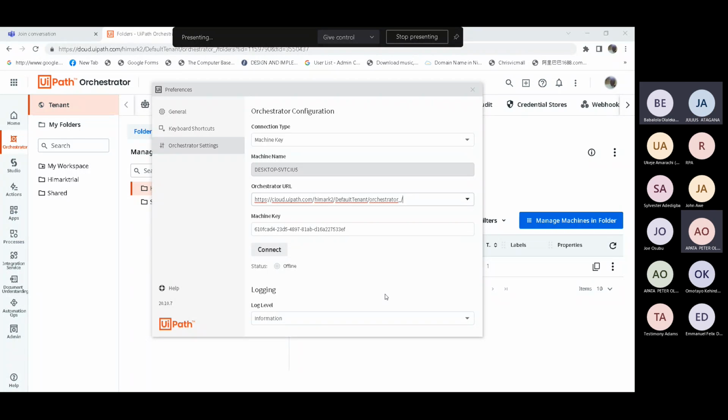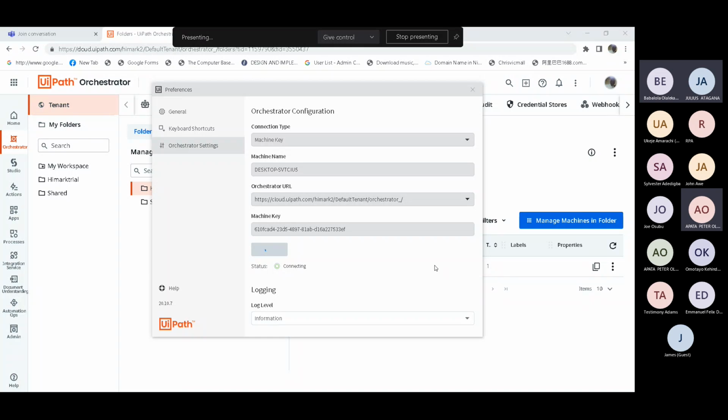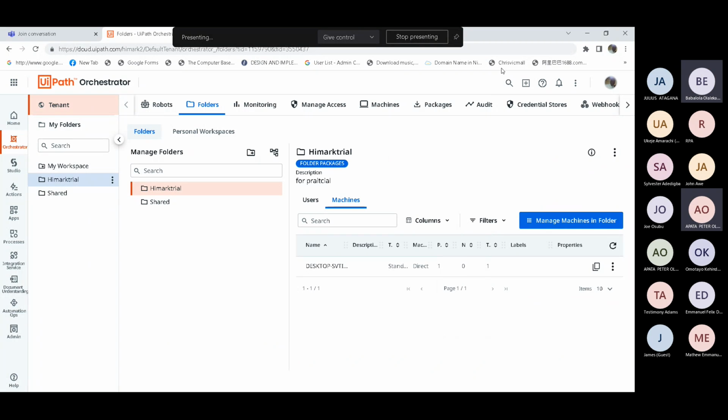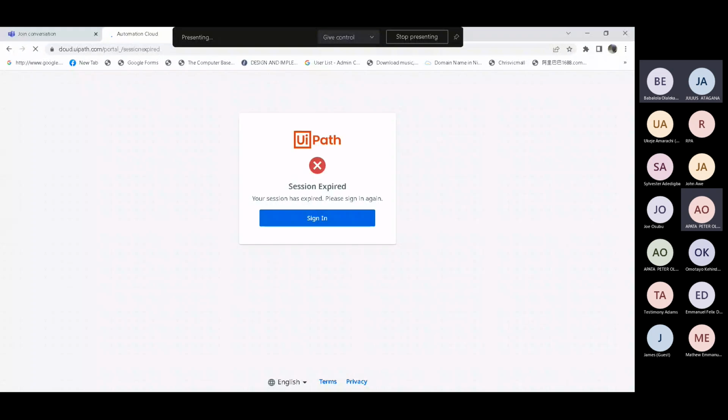Okay. All right. So we can connect now. Connect. So at this point, you may be seeing that it will tell you it's connected but it's unlicensed. This is the first phase. What you have to do is sign out of the orchestrator and sign in again. You do the same thing to the assistant. Okay. Can I do that simultaneously?